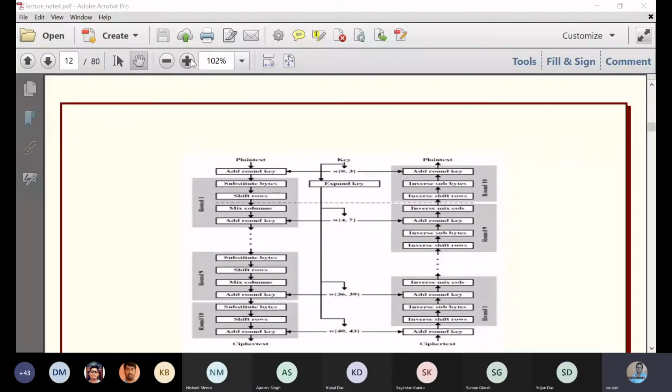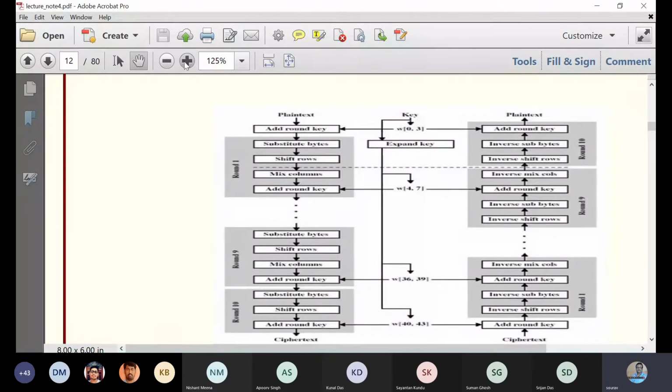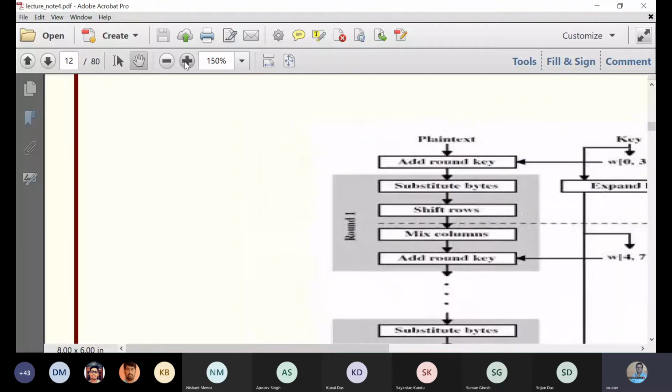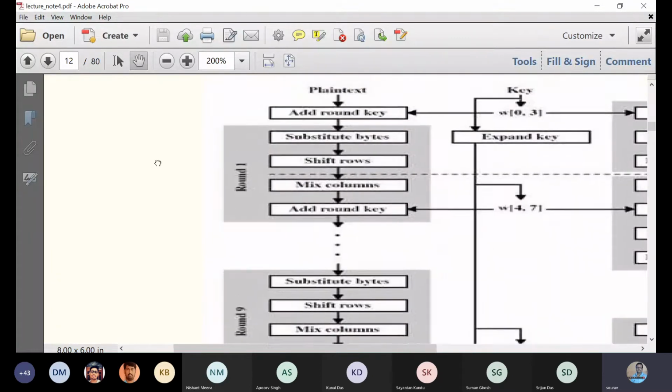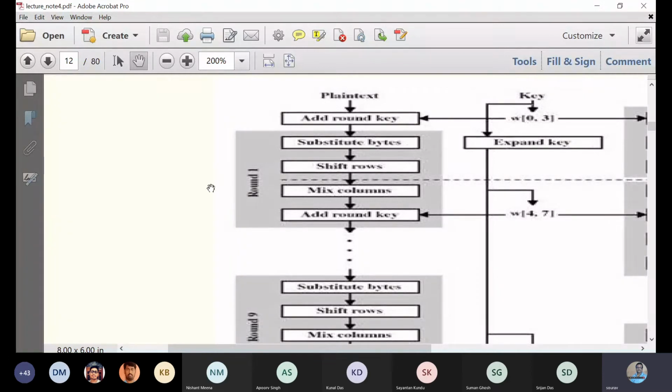Yes, so this picture you can see now. Is it visible to you? Yes, sir. Yeah, so this is